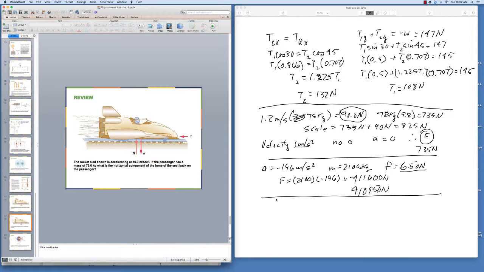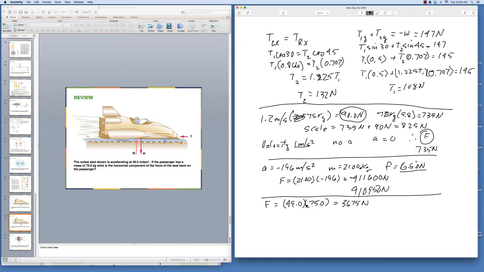So since we're only taking into account the person, then the force on the seat back is going to equal the 49 meters per second squared acceleration times his mass of 75. So the force on the seat back here is going to be 3,675 newtons. And it doesn't matter how much the sled weighs, it doesn't matter how much the friction force is,